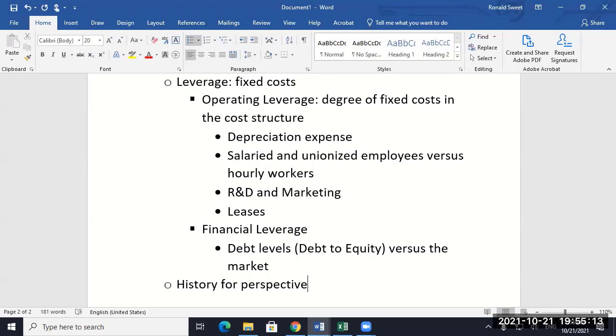Right, here's where you can lose a lot of points on this paper. Students write about revenue, they write about operating leverage, financial leverage. They show history, and then their entire answer is on the history. It's like the other three things were a complete waste of time. Why did they even do it? All right, you can't do that.